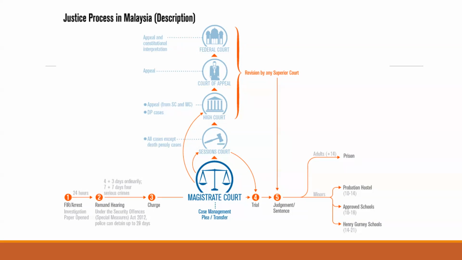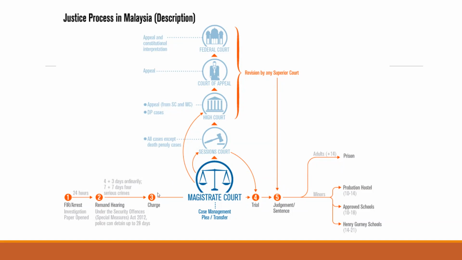prosecution. I mean, the public prosecutor. Usually the DPP is the one that handles it, at the Attorney General Chamber, the AG Chamber. So the AG Chamber will determine whether they are going to bring the accused to face charge in Mahkamah or not. Okay, so far you can follow.